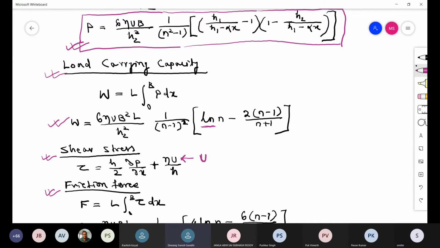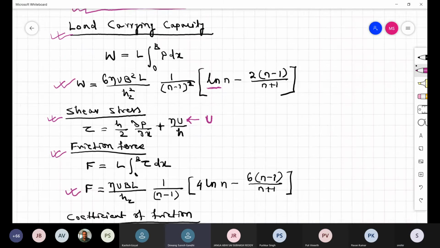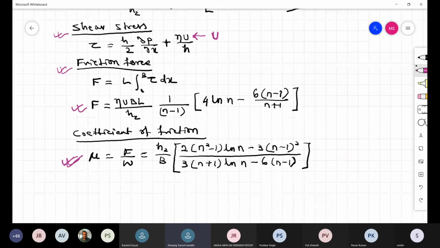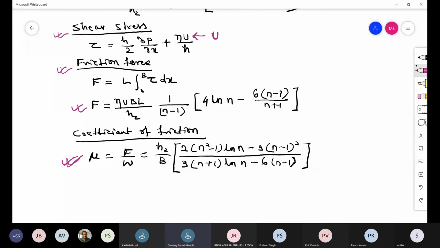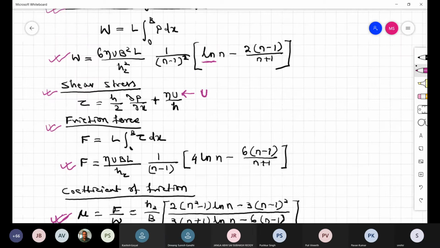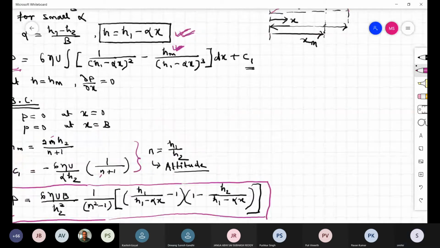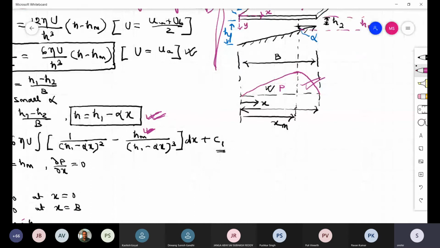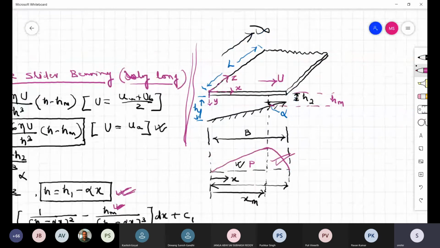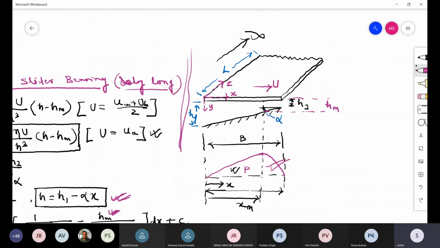Anybody else? Any doubt so far? Sir, that expression for coefficient of friction you wrote, that comes into the picture only when there is contact, right? If there is a hydrodynamic bearing in contact with the housing, for that it is, right? No, it is fluid. Try to understand. Check the problem in hand. This is the problem that you are solving now. Forget about a real journal bearing.